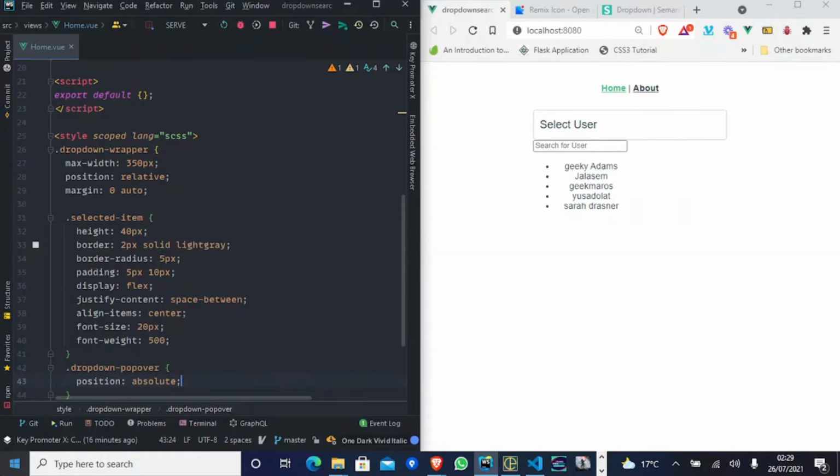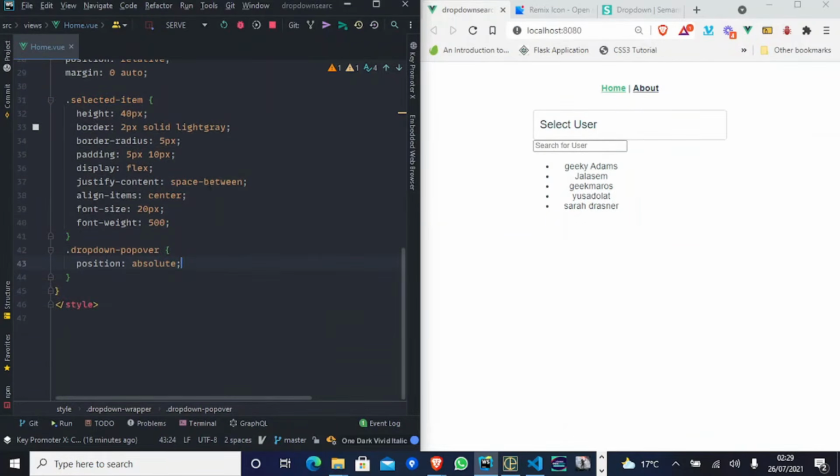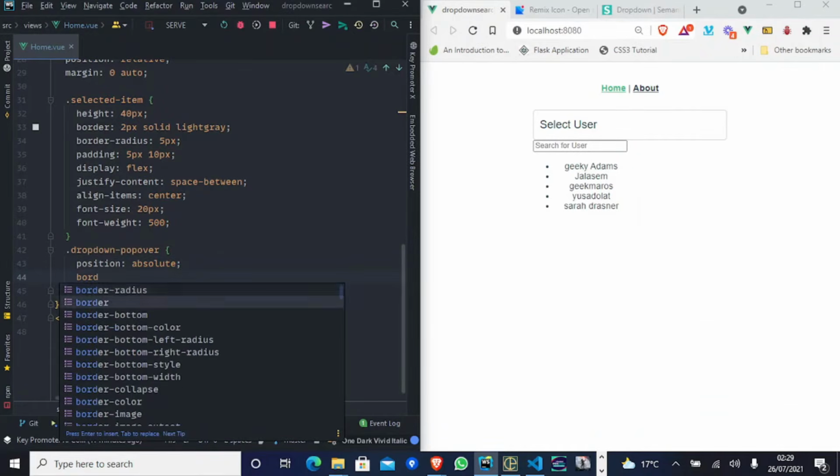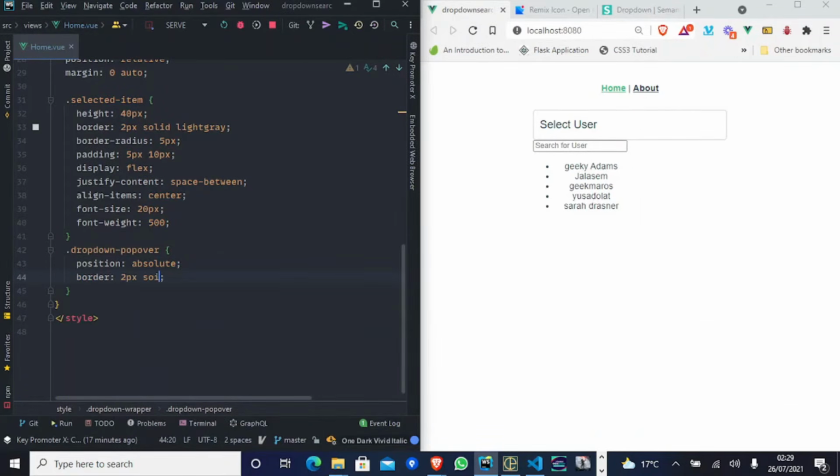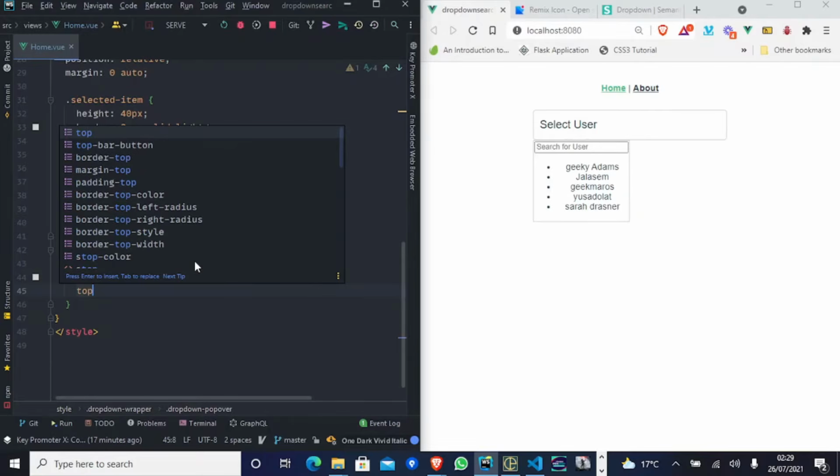So it's going to be relative to the drop down wrapper, right? And we want to make it also have a border. So 1px solid light gray as well. We want the top